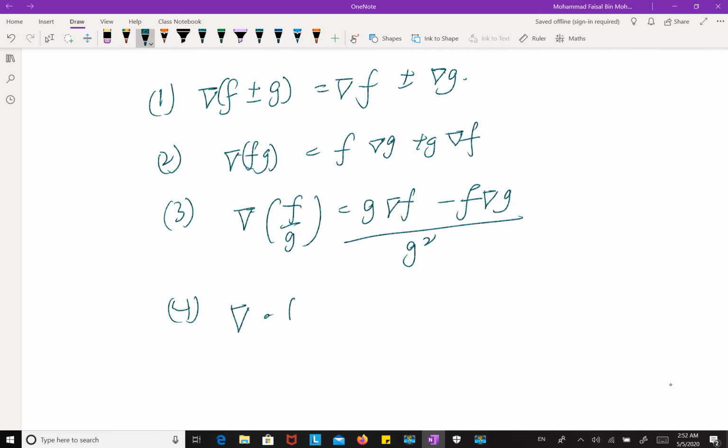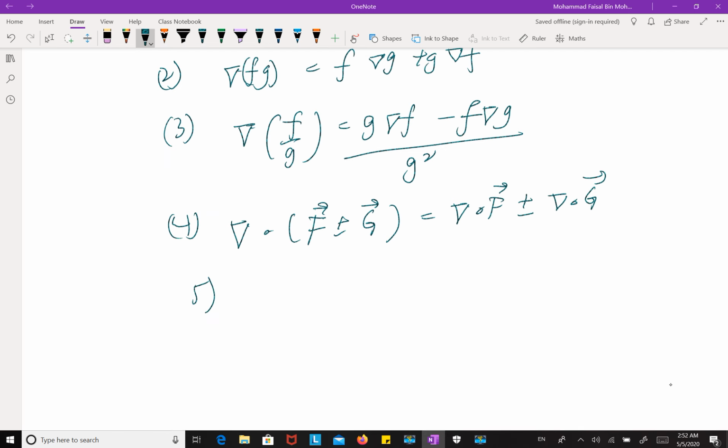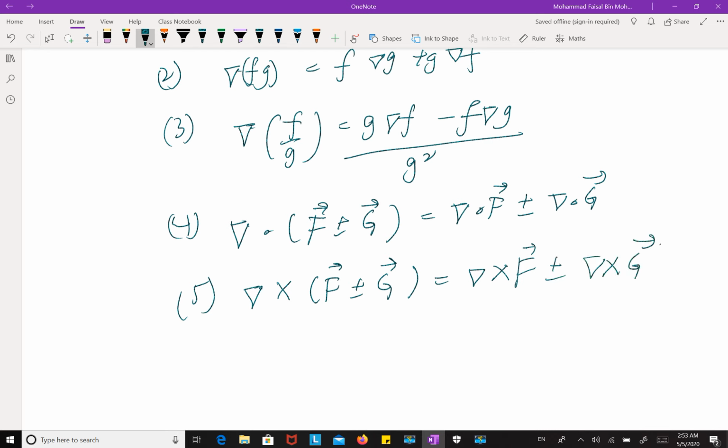Number 4, del dot of F plus minus G equals del dot F plus minus del dot G. Okay. Number 5, del cross F plus minus G equals del cross F plus minus del cross G. Okay, we need more. And then number 6,